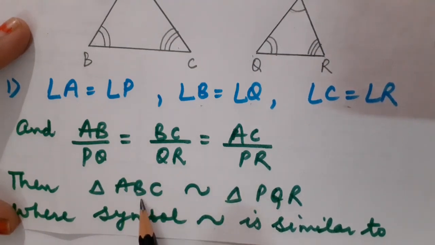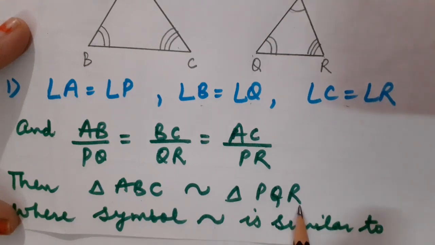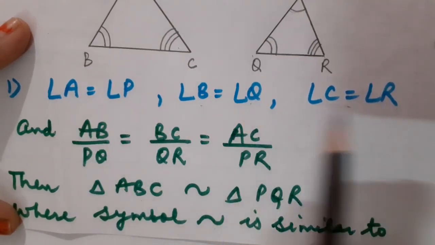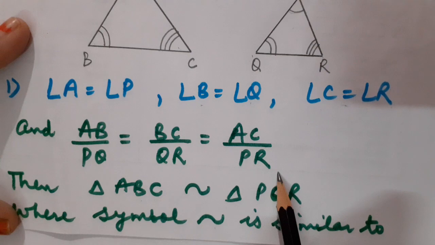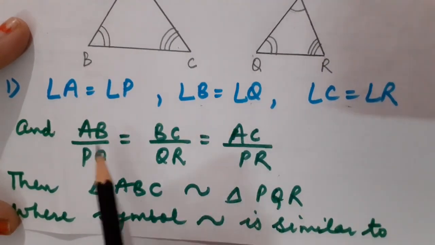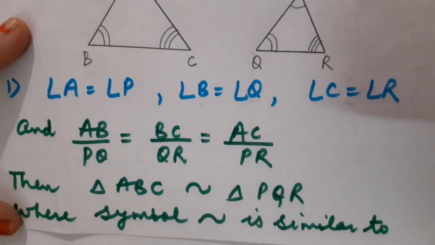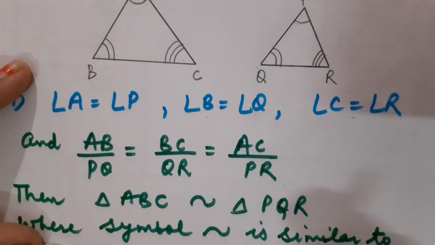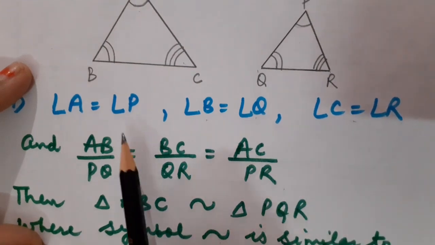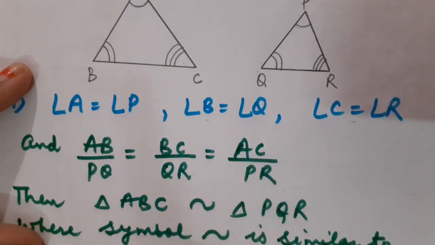For example, you have been given that triangle ABC is similar to triangle PQR. Then automatically, children, these conditions must be satisfied. What are these conditions? That their corresponding angles must be equal and the ratio of their corresponding sides must be equal. Got it, children? So have you understood this concept? Both the conditions must be satisfied. Then and only then you can call the given figures similar, otherwise not.